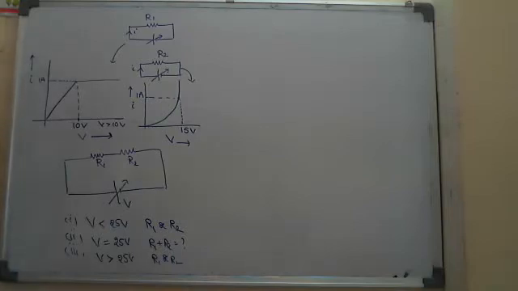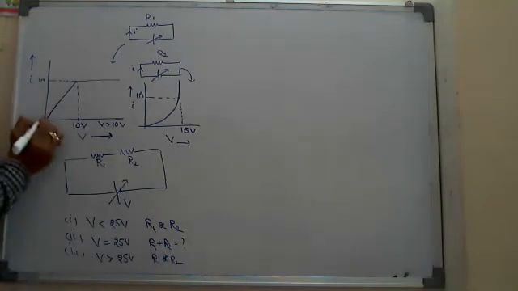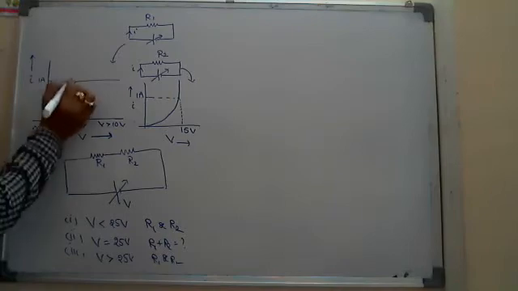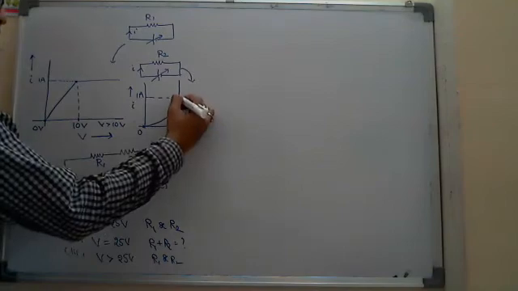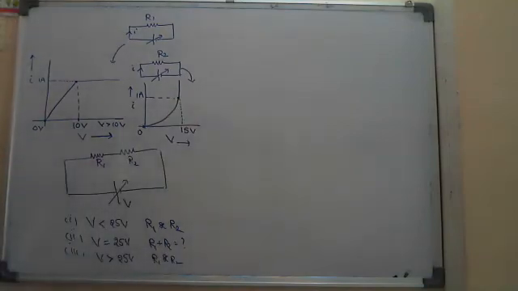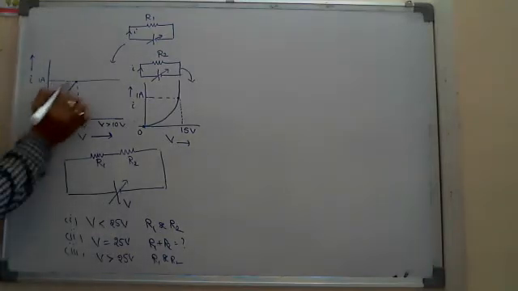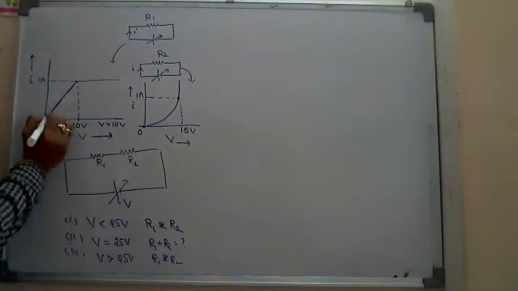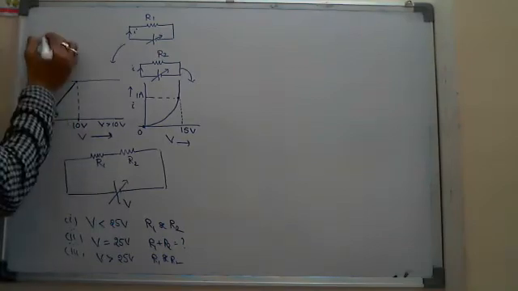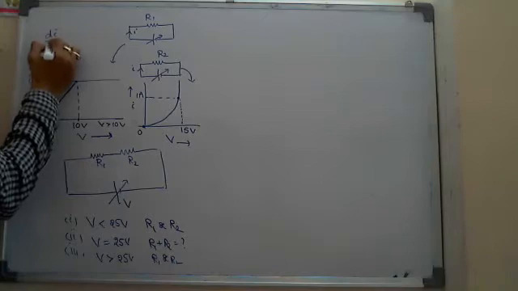Here, my idea is, initially I know nothing about the resistances R1 and R2. That's why, here what I see is from 0 volts to 10 volts in the first graph, and from 0 volts to 15 volts in the second graph. How to find the resistance? I observe that since it is a straight line, and that too this is an IV graph, not a VI graph, the slope in the first graph means actually dI by dV.